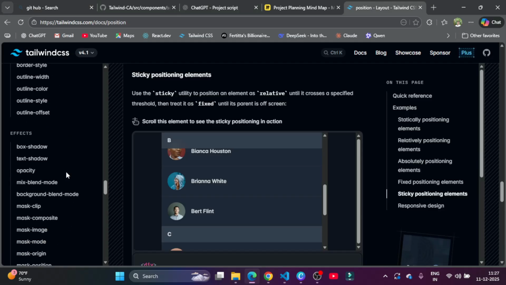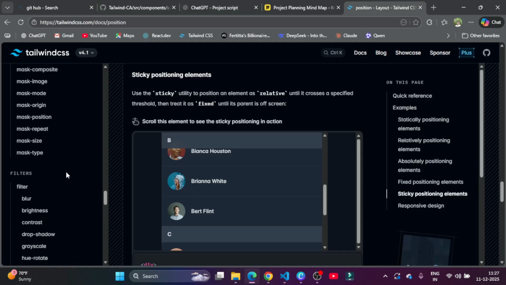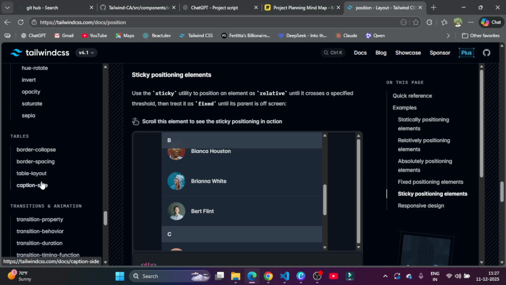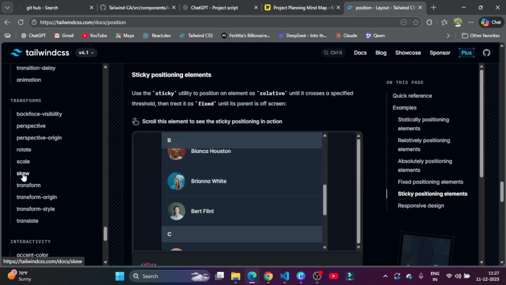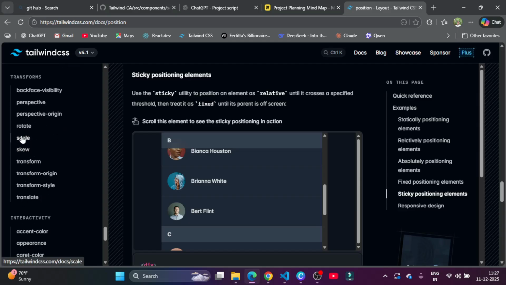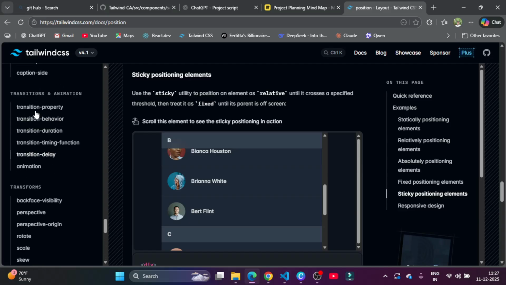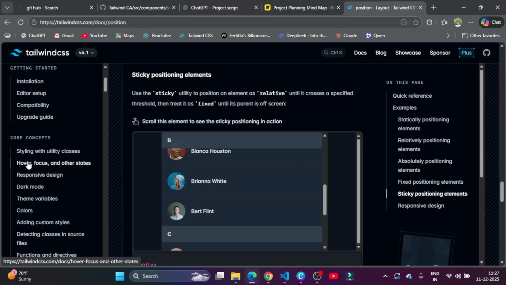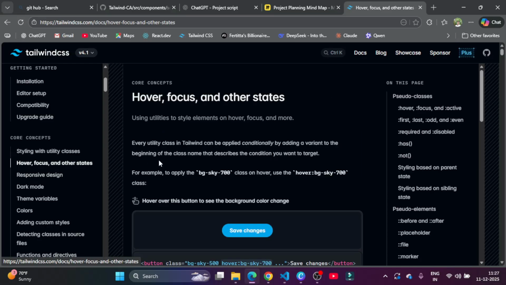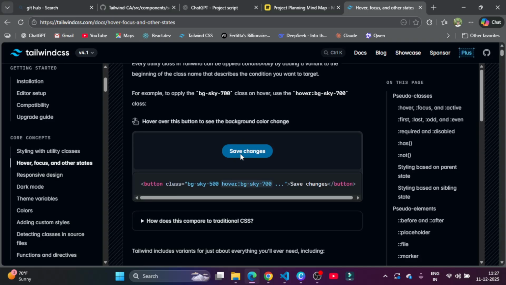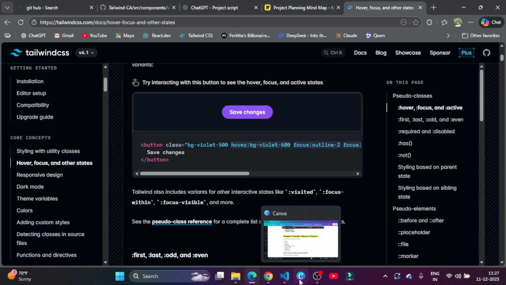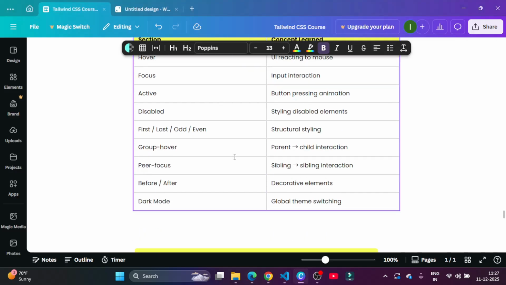the background, the border, the effect and the filter, and we have the scale, so you can use that scale and that is transform. And from here we have hover, focus and other states. So from here you can see, and yeah, from here you can also play. And yeah, so this is the first hover state, and then the second one is